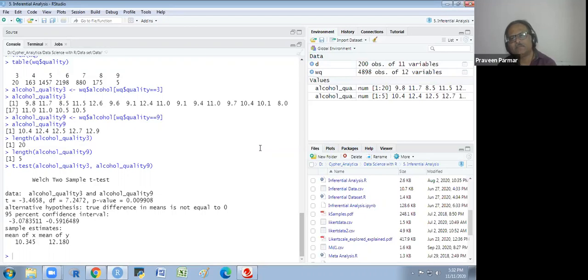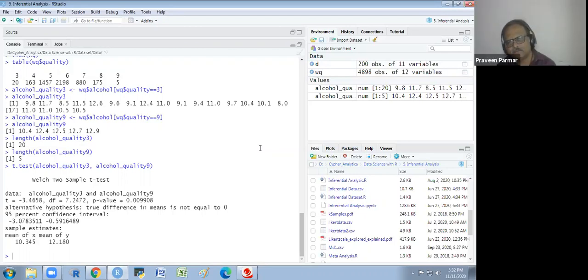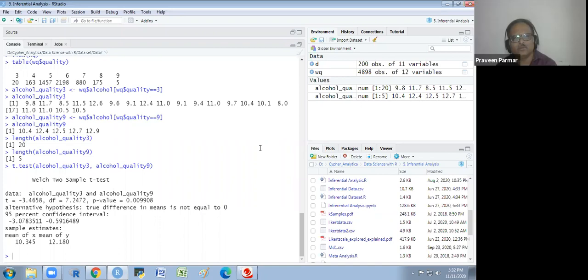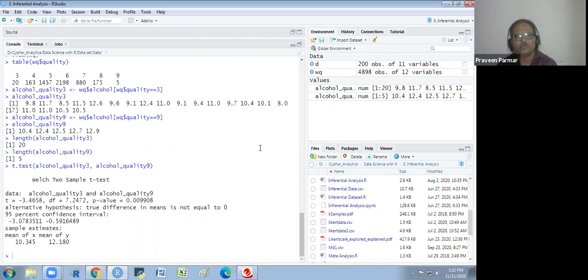What is the degree of freedom? How do we calculate it? It should be some integer. Yes, sir. N minus 1, mostly. Or in the two sample t-test, it should be n1 plus n2 minus 2, because n1 minus 1 plus n2 minus 1. Yes, sir. Okay, because we have different sample sizes. So it is 7.24, which is the wrong thing here. Why is it not an integer? Why is it so? Because we have to see whether the variance is equal or not.